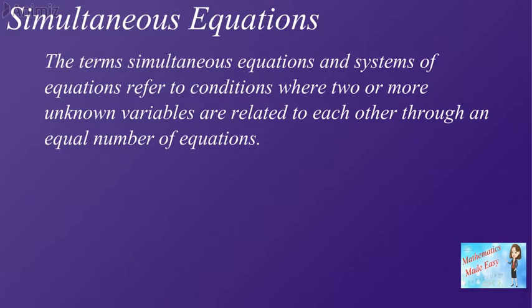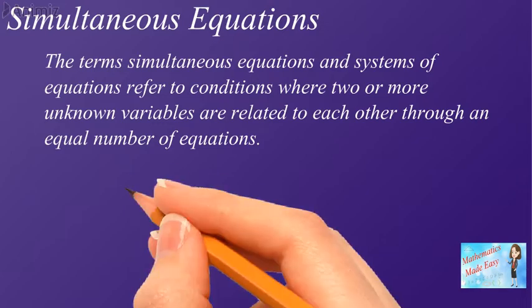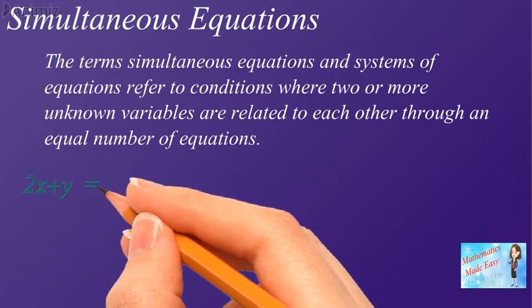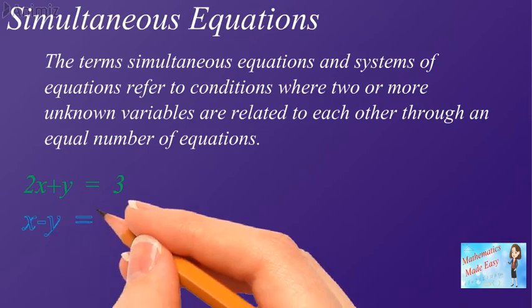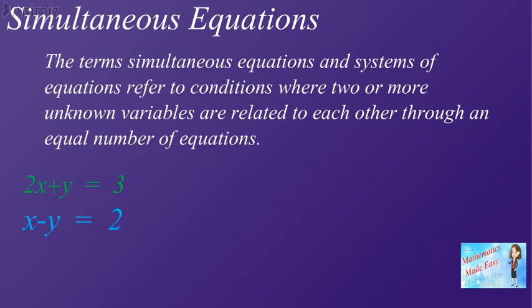Let's see in examples. Here we have taken two different types of simultaneous equations. In the first system, both of the equations are linear. They have x and y as variables. These are two equations and having two variables. Therefore, these equations are according to the definition of simultaneous equations, in which the number of equations is equal to the